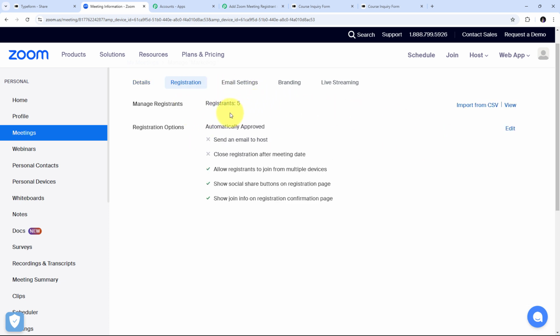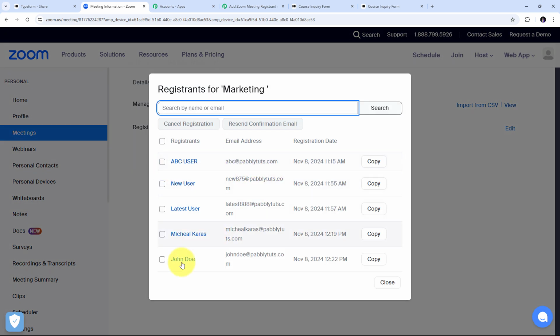And here we can see I've created one more registrant. So the number of registrants is 5 now. And now I'm going to click on view. And in this, we can see I've just created this new registrant that is named John Doe. And I have the email address of johndoe@pabblytudes.com. So here we can see that this was the detail of my lead that I've just filled in my